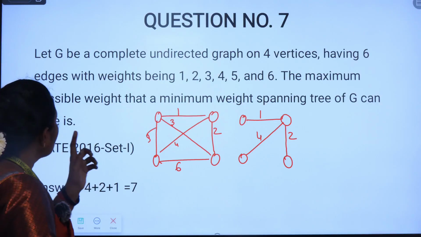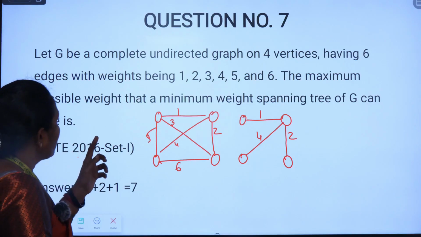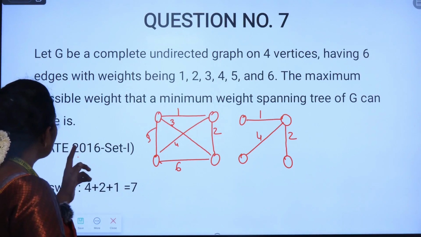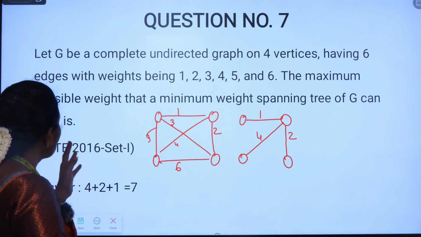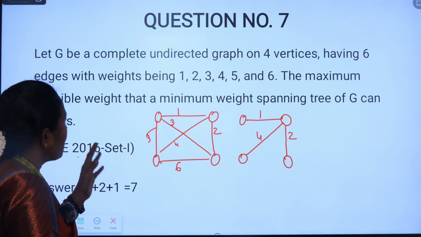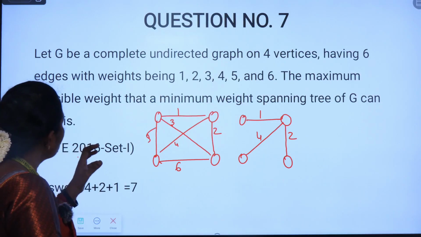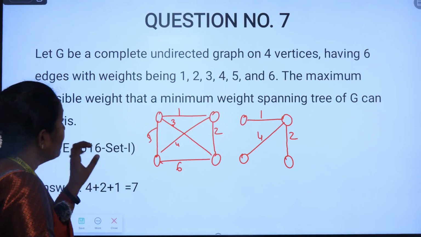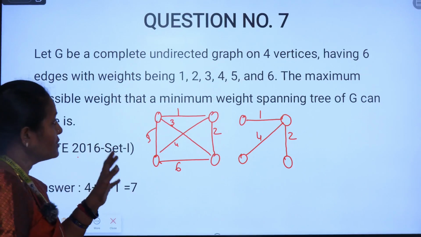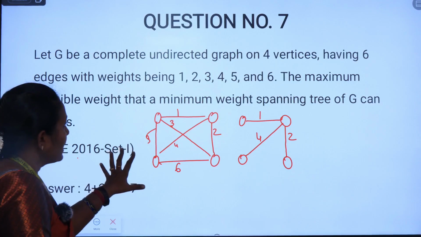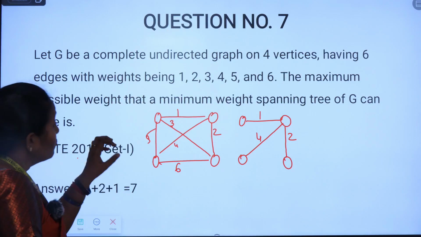So here, having 6 edges, we are going to consider the weights 1, 2, 3, 4, 5, 6. Maximum possible, what are we going to find? It means the maximum possible weight that a minimum weight spanning tree of G can have. First you are going to find the minimum spanning tree for this particular graph,